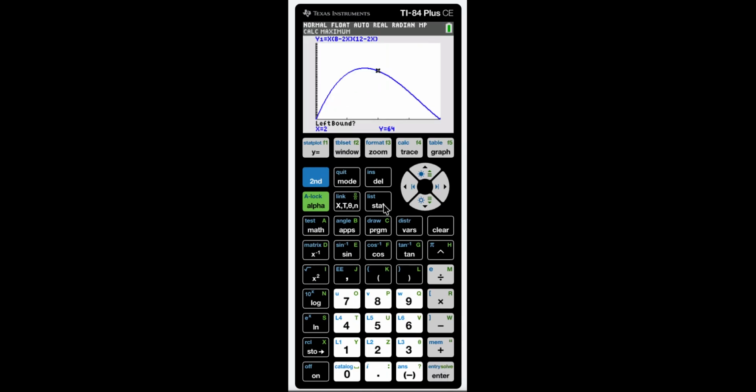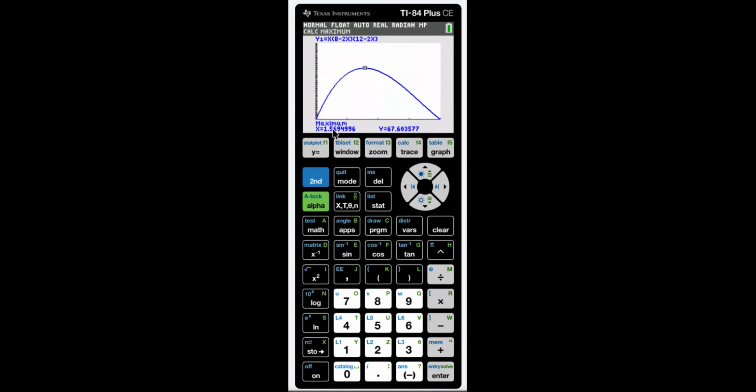So hit enter on that, and it's going to ask me 3 questions. First, pick a point to the left, so I just want to move my cursor to where I am definitely on the left side of the maximum. Hit enter. Then it's going to ask me for a point to the right, so move my cursor to where I am definitely to the right, hit enter, and then it asks for a guess, so I can move my cursor back close to where I think that maximum is, hit enter one last time,